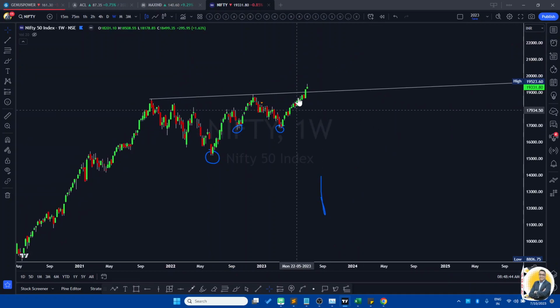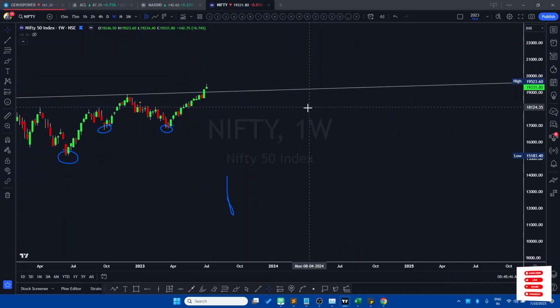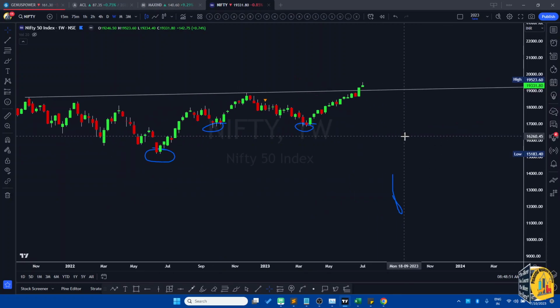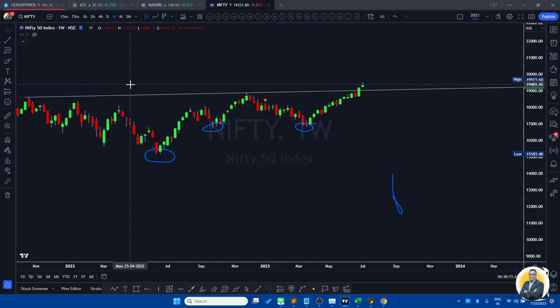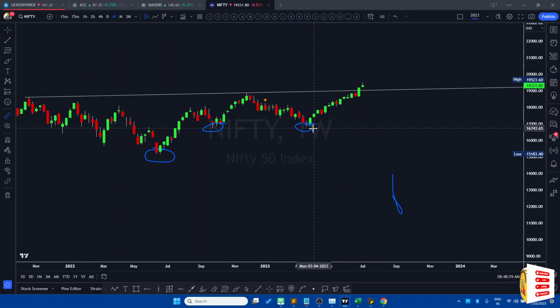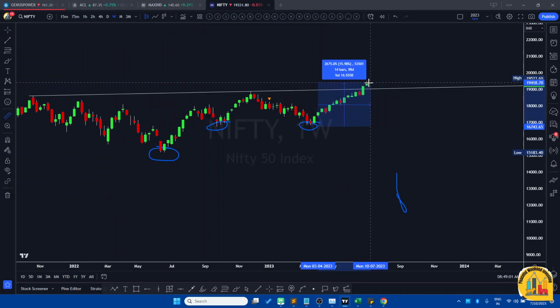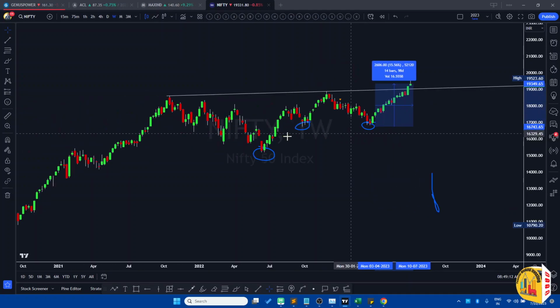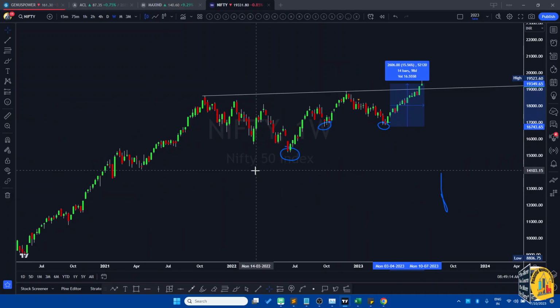So for me, it is still a positive view, but I can't rule out, as I mentioned in the Telegram channel, that in this kind of bull market, to me, this is a new trend which has started after so many weeks of sideways movement. Though there has been a good rally up, Nifty has been up 15% from this low, which was 16,743. You might see some pause before it moves up. But this is the context I want to give you here.